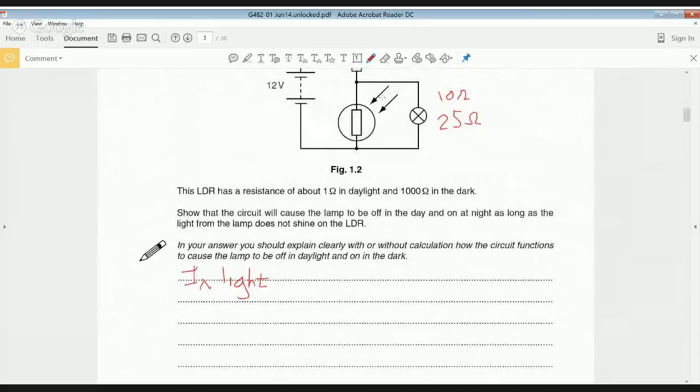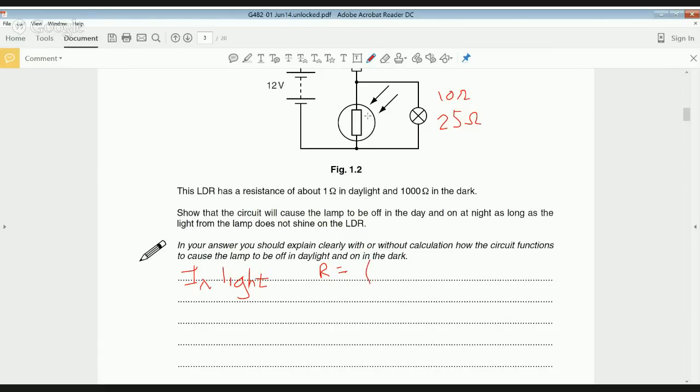We need to work out the resistance combination of the LDR and the lamp. So we need to use our resistors in parallel equation. That is 1 over R total equals 1 over R1 plus 1 over R2, and so on. We can shorten that to R equals,